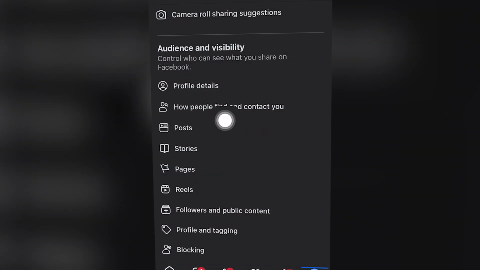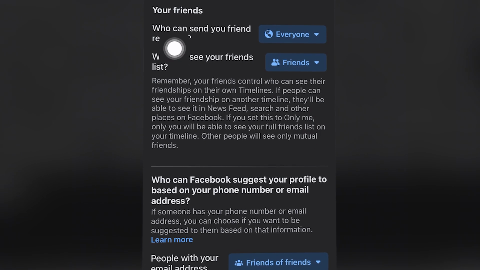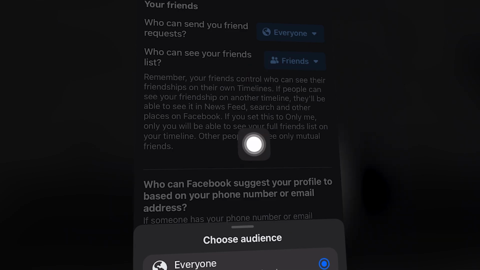This tutorial will show you Facebook profile lock, or how to lock your Facebook profile online on social media completely